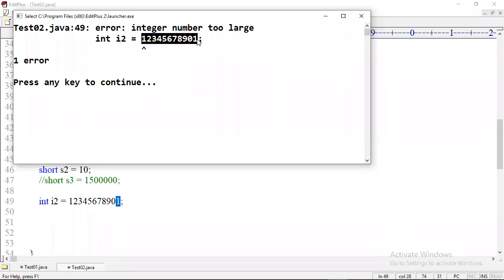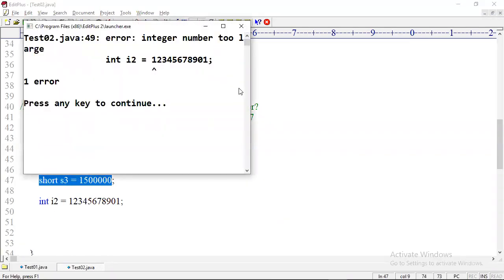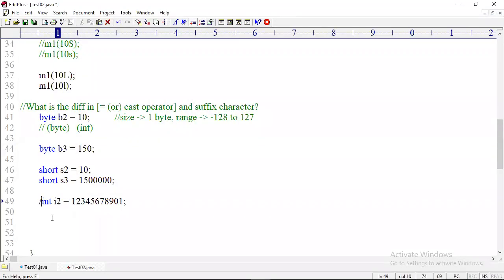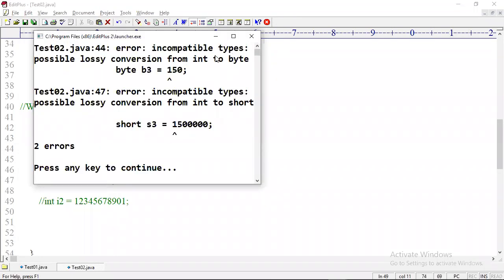That's why it is throwing an error. Did you notice the previous errors and this error? When the number was not in the range of byte or short, what was the error we got? Possible lossy conversion.